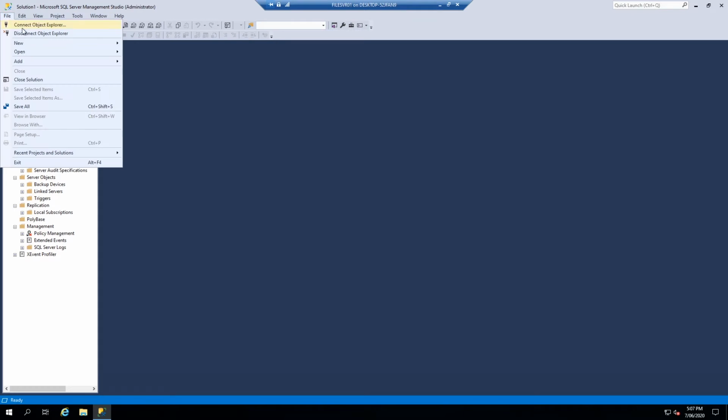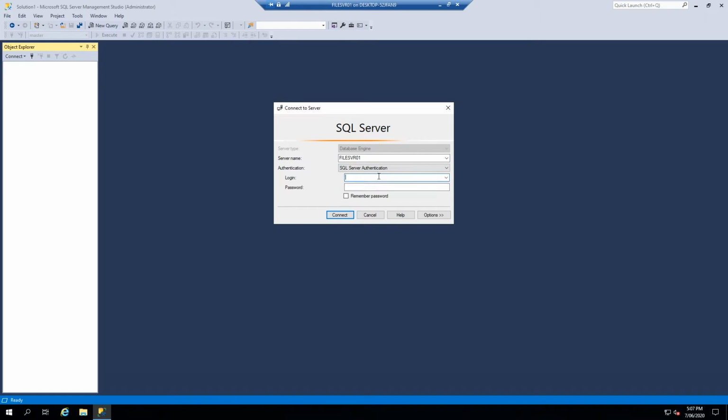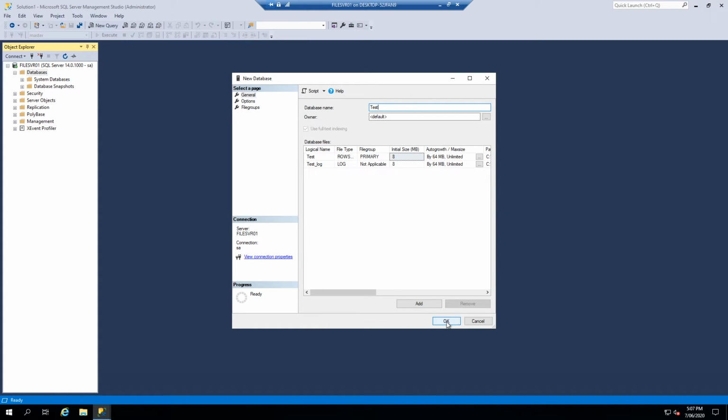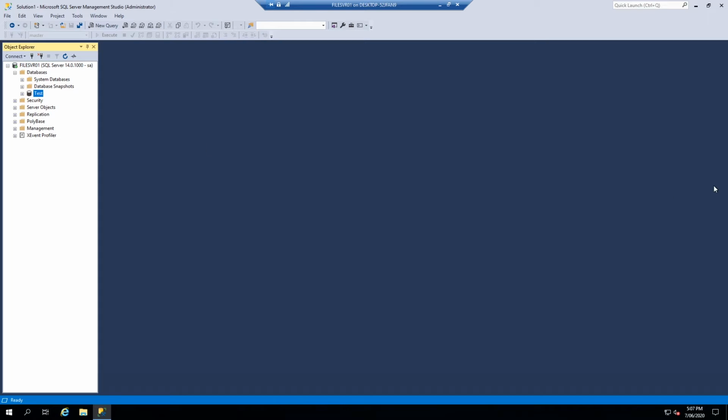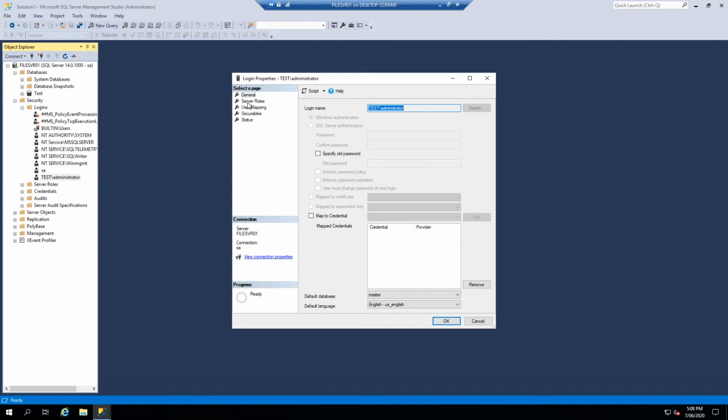Let's go and try and log in with our SA password and see if that can do it. Alright, so we can do it as our test user, but we cannot do it as our domain admin user. So what we can do then is if we expand out security and logins, right click on my test administrator,